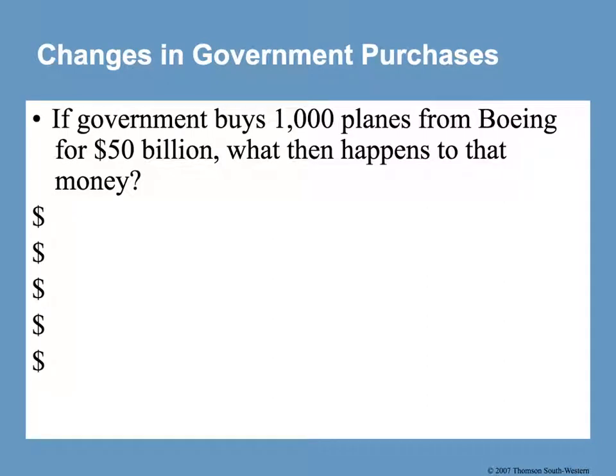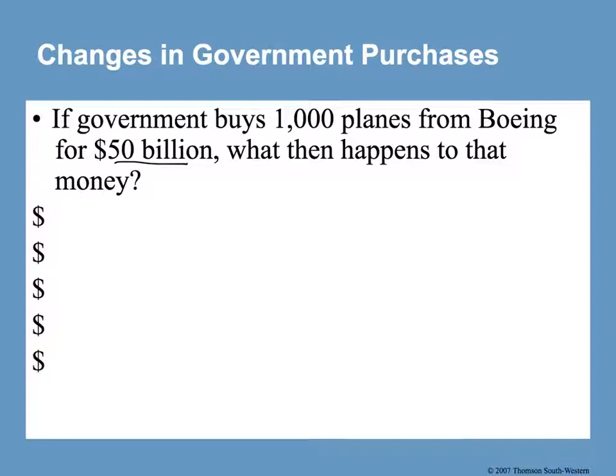As we've already studied, fiscal policy is fairly straightforward at its most basic idea. Now we're going to get into how it's not nice and neat like we thought it was before. So for example, if the government decides to buy 1,000 planes from Boeing for $50 billion, what then happens to that money? In fiscal policy, what we've done so far is we've said, well, aggregate demand would increase by 50 billion because that's how much government is added to the GDP, but there's a process called the multiplier process, where